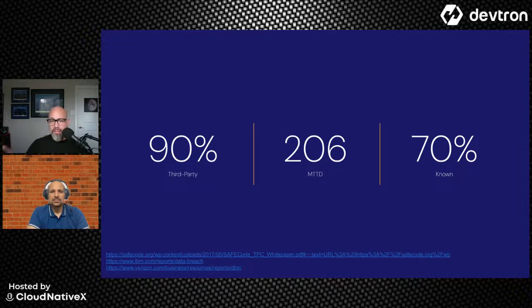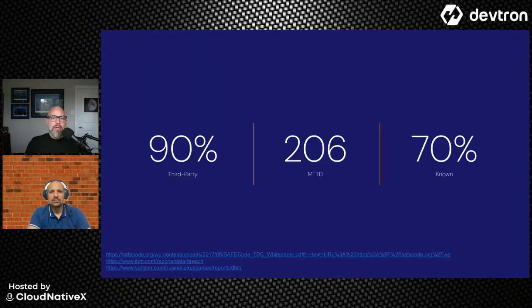And then adding on to that, on the right-hand side, that 70% number, that's from a 2024 Verizon study that said 70% of breaches actually involve known vulnerabilities. So to me, what that means is that 70%, those are avoidable. If they're known vulnerabilities, we should be able to avoid those, and we should know about those ahead of time and not put those into production so that they can get taken advantage